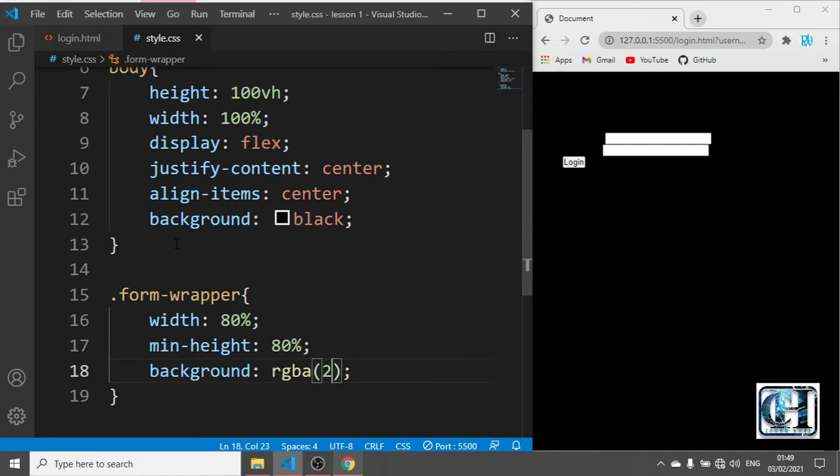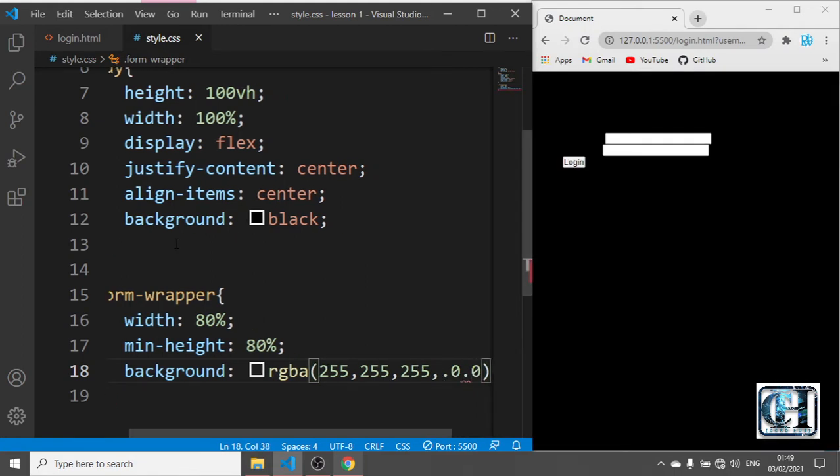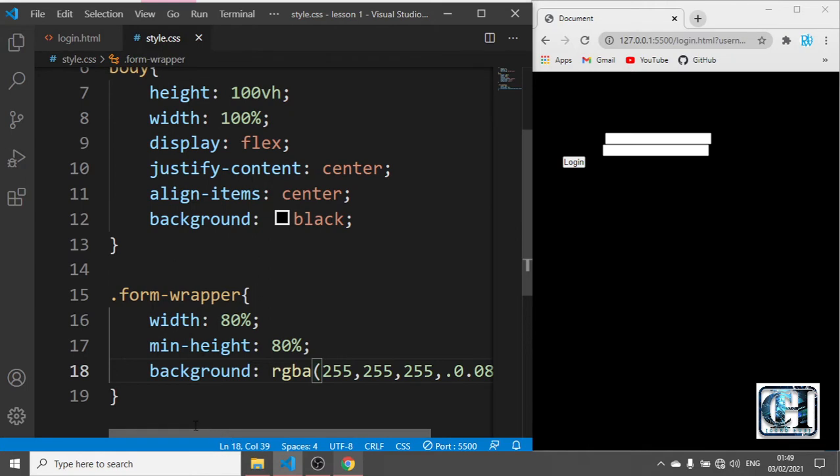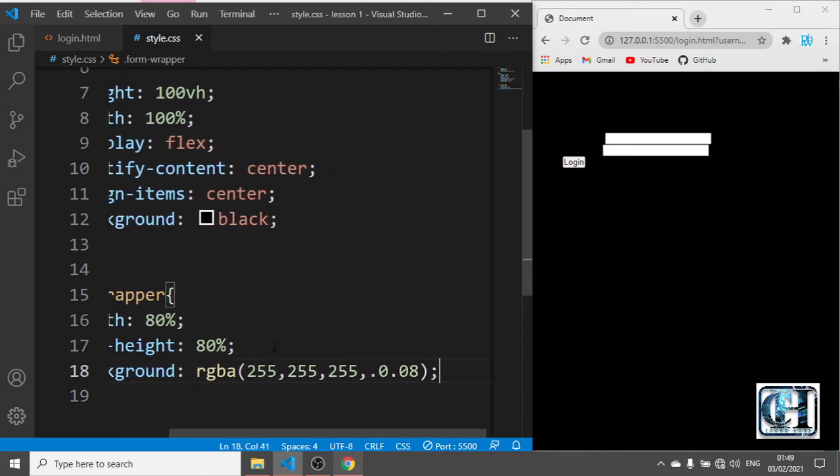RGBA 255, 255, and 255 with an alpha of 0.08. Okay,